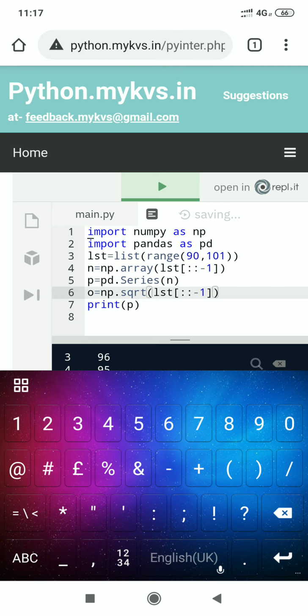Okay. O will be holding values in reverse order.